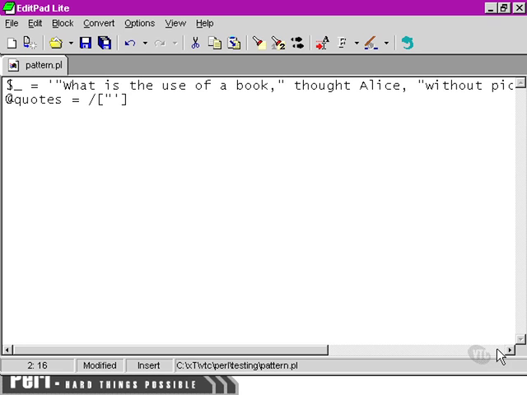Now, Perl, of course, is going to ignore the single quotes on the outside because they're not part of the string. They're just what tells Perl that what follows the equal sign is a string and to be treated as thus. So we're going to use either single or double quotes as the separator for our quotation from the rest